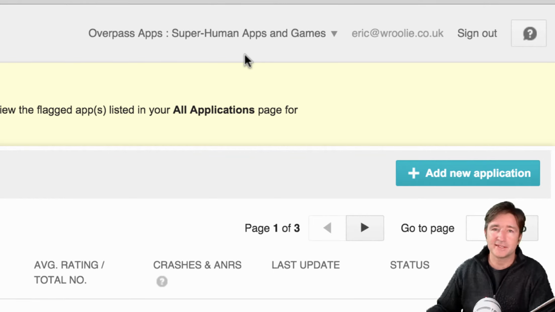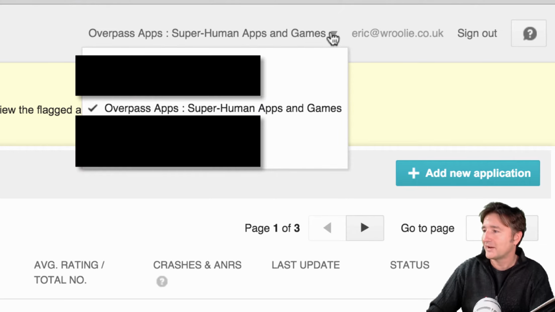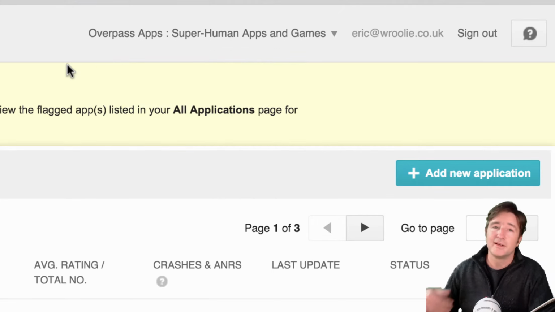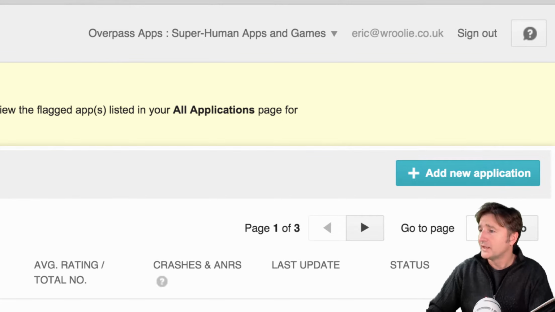what we want to do on the Google Play page is pique the interest as to what other kind of stuff they do. Like I was showing you last week with iTunes Connect, where they just recently allowed multiple accounts, Google Play does that too. I'm going to open this, but I'm going to gray everything else out. I could switch between clients here and go straight into somebody else's account. That actually works really well. With iTunes, you used to have to get everybody's email and password and everything like that. It's much easier now to just say, go into the admin console and add me as a developer. Okay, so this is all applications.